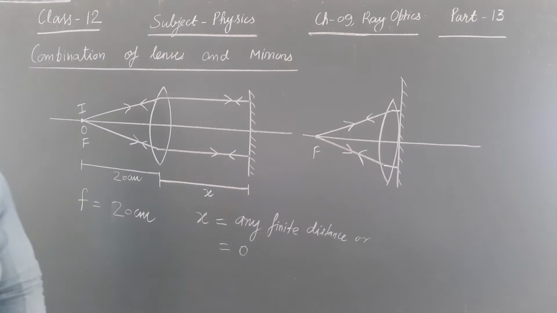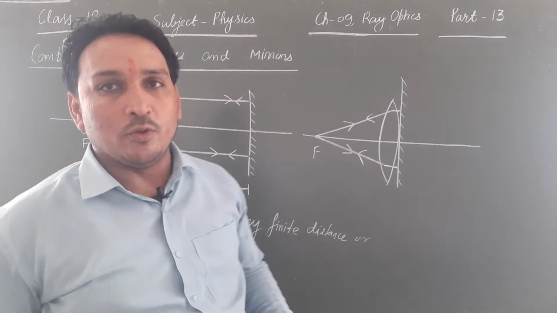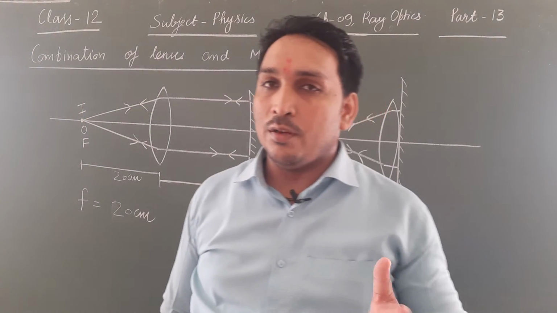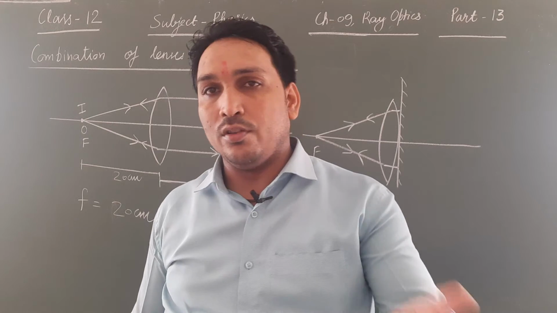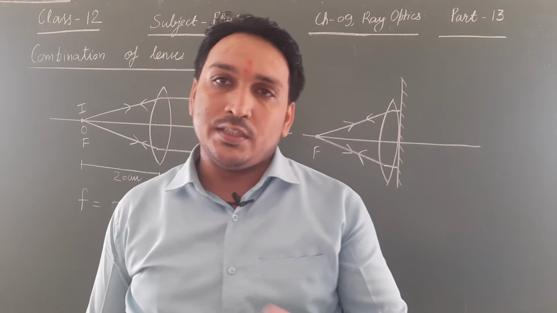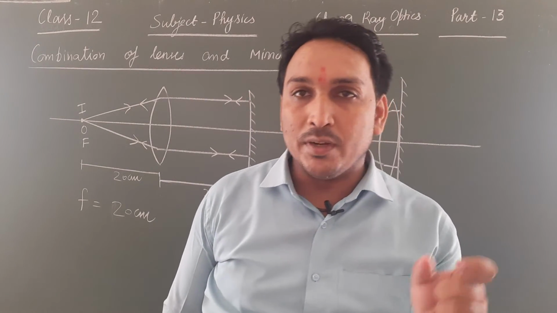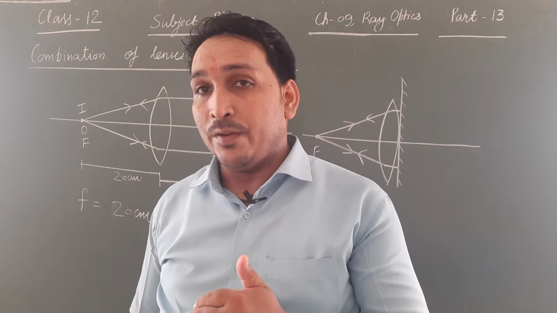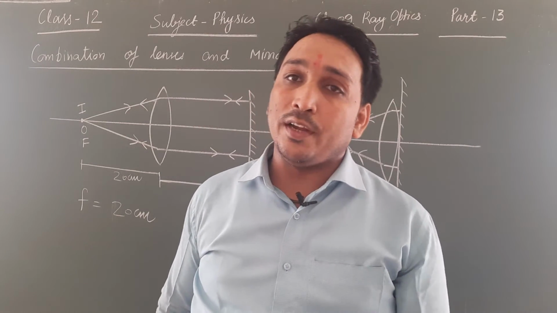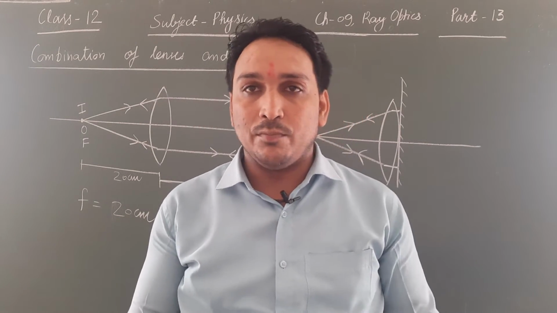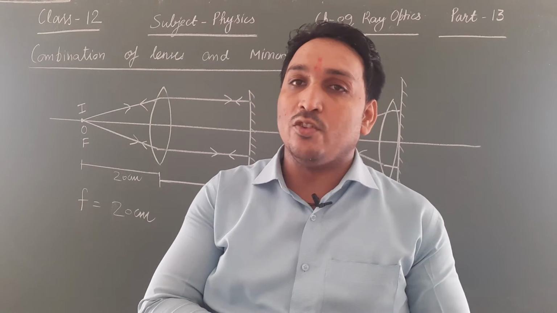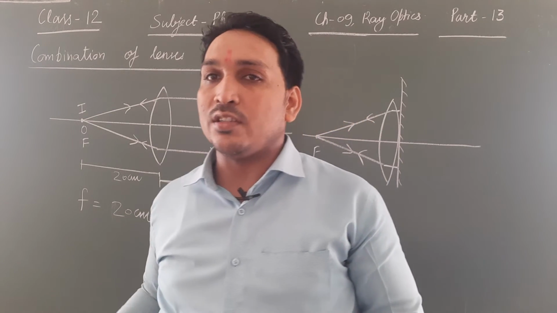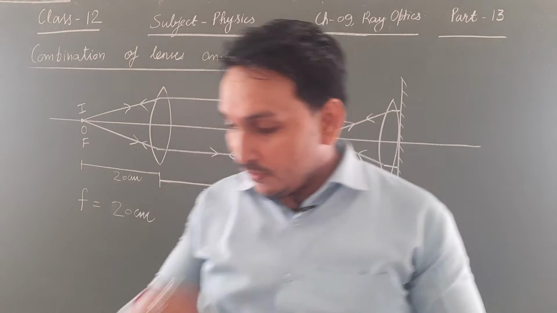So what is the key we should take from here? The key point is, whenever the image of the object is formed on the object itself, it simply means that the ray of light must retrace its path, which implies that the ray of light from the refracting surface must fall on the reflecting surface normally, so that it can retrace its path.